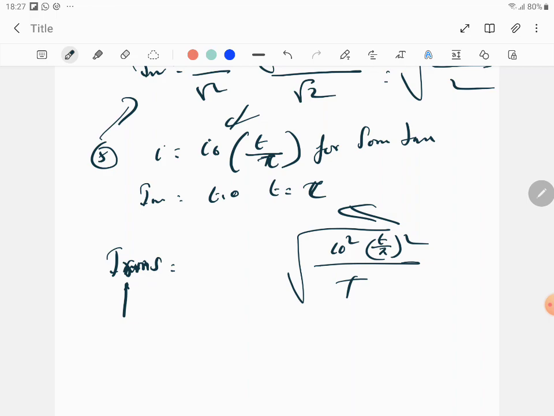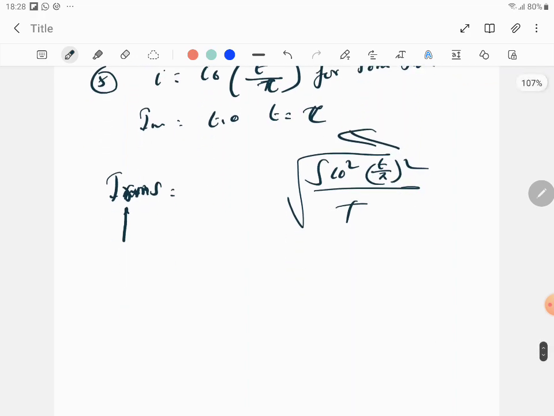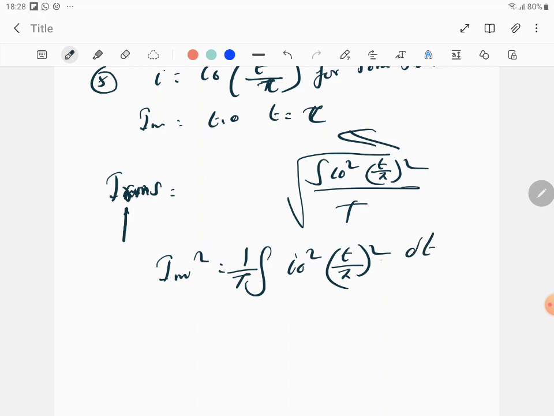And not only that, this needs to be integrated over the entire time period, because you don't know what is I1, I2, I3 or t1, t2, t3. So you're going to integrate it over the whole time period. You can't have a root and then integration. So this is nothing but IRMS. Can we square both sides? If I square both sides, I'll get IRMS square, so that I can eliminate the root. So it becomes the integration of I naught square into t by pi the whole square. A 1 by T can be taken out, and I have to put the dt, because when integration is there, t is going to be integrated over the entire time period. So dt always has to be added.